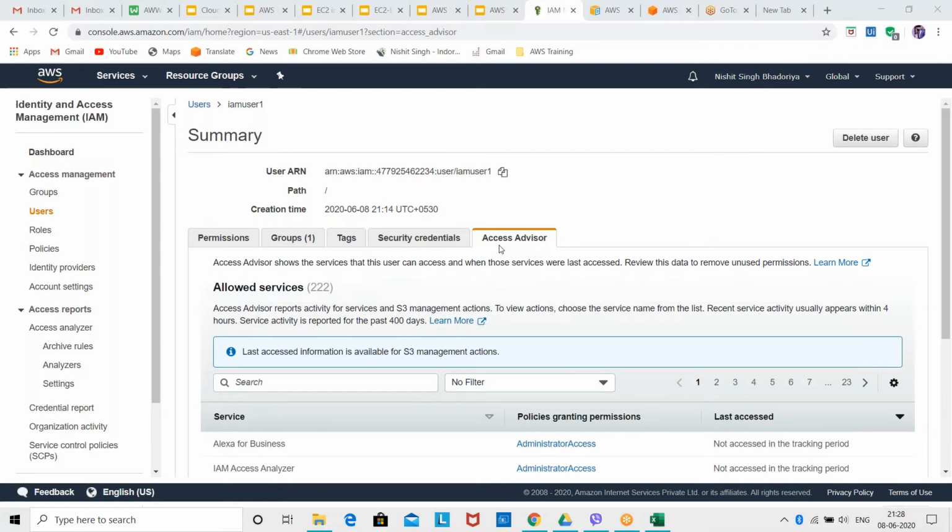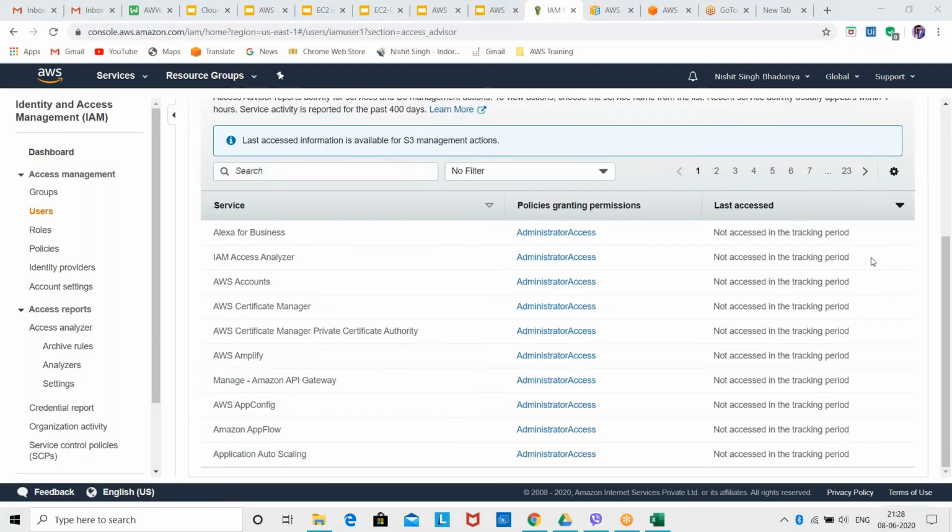So go to Access Advisor, and the services that you have access to will be visible to you. I've not used any of the services till now. I've just logged into my account and logged out to my IAM account directly after login, so it is showing me not active. But if you use any service, you'll see which services you have used.